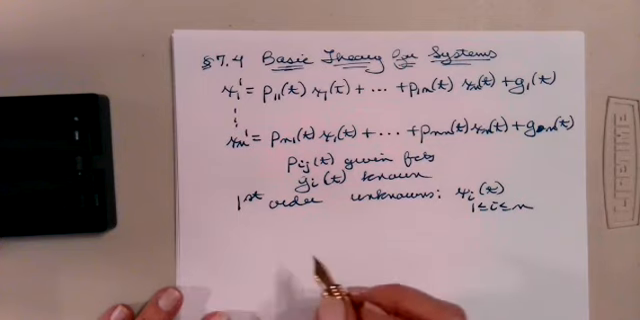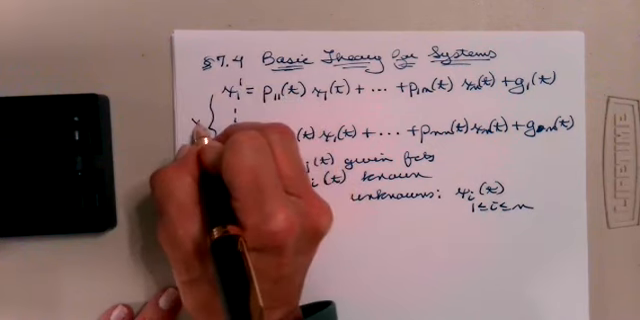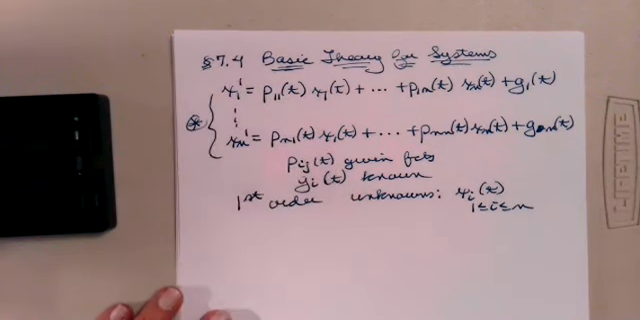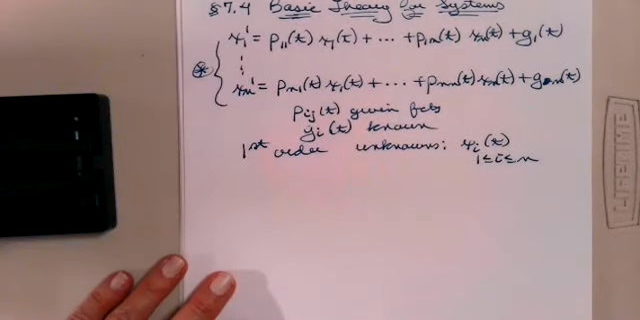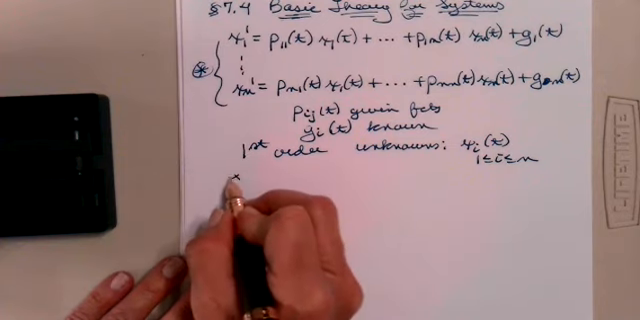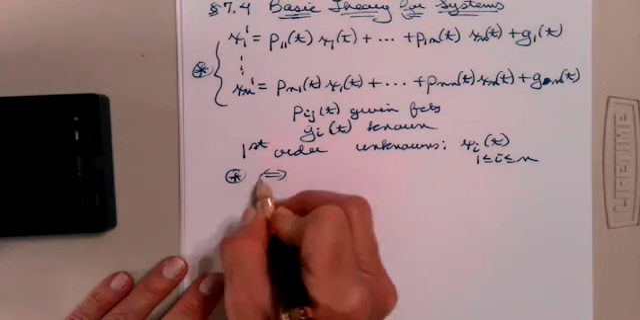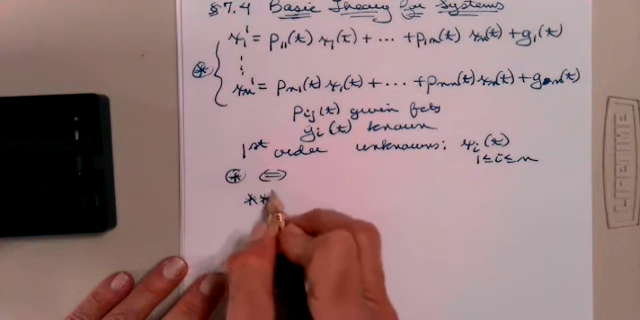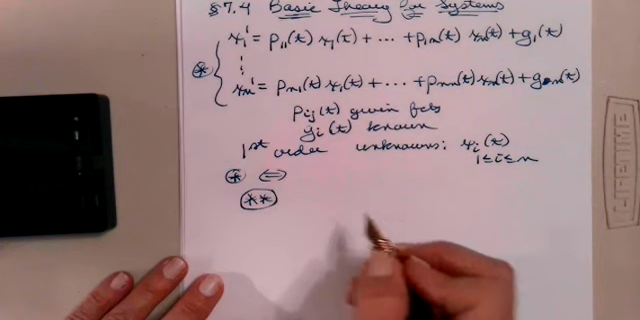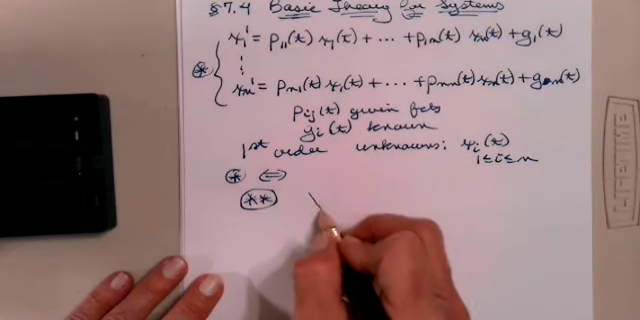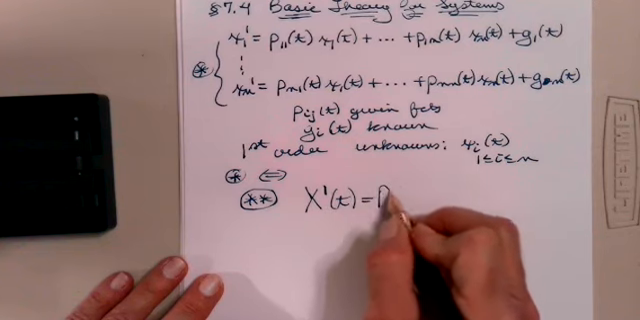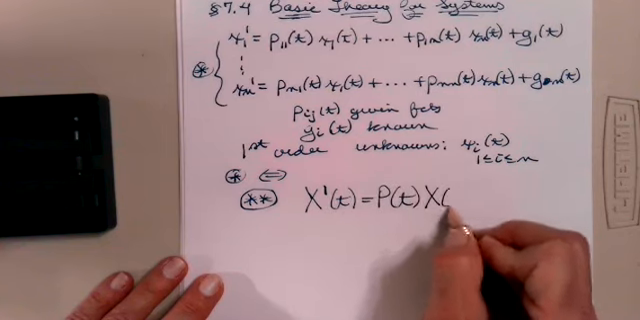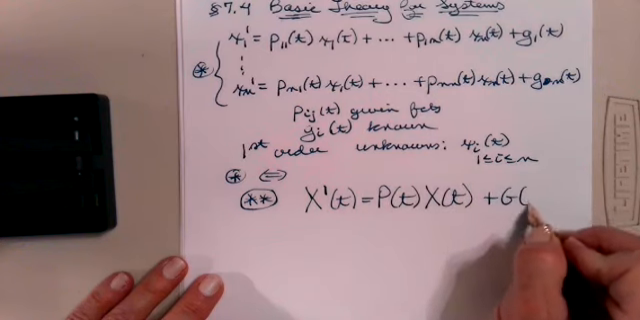Let's call this system asterisk with a circle around it. The first thing we're going to do is write this system using what we know now about matrices. So asterisk star is equivalent to writing the matrix equation. Let's call this double asterisk star: capital X prime of t is equal to P of t times X of t plus G of t,